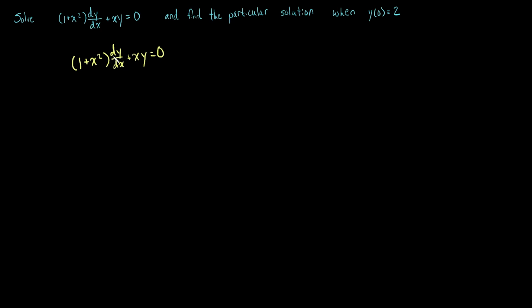I want to try to isolate dy over dx. That's usually my goal. So the first thing I'm going to do is divide both sides by this 1 plus x squared term. So let's divide everything by 1 plus x squared. Anything 0 divided by anything is just 0, so that will remain right there. So these two simplify right here to 1. And we're left with dy over dx